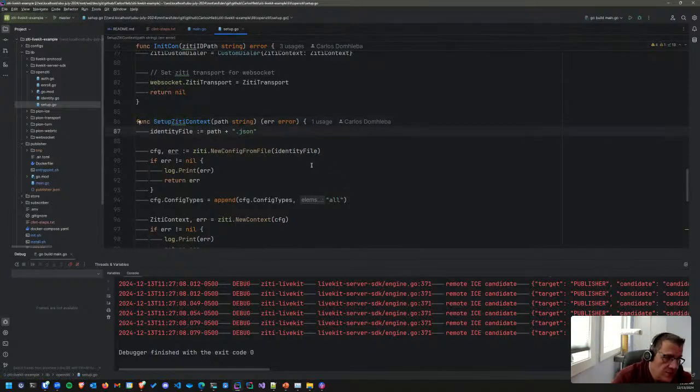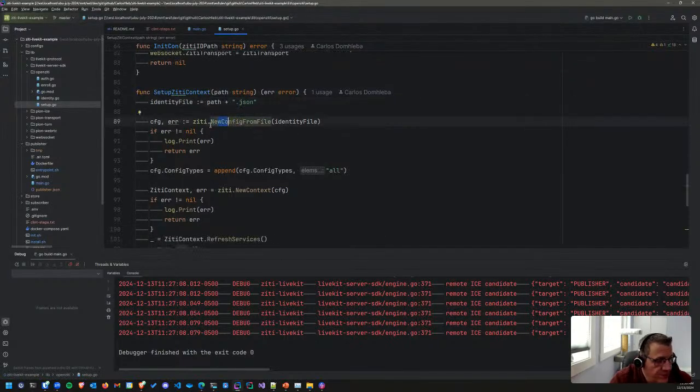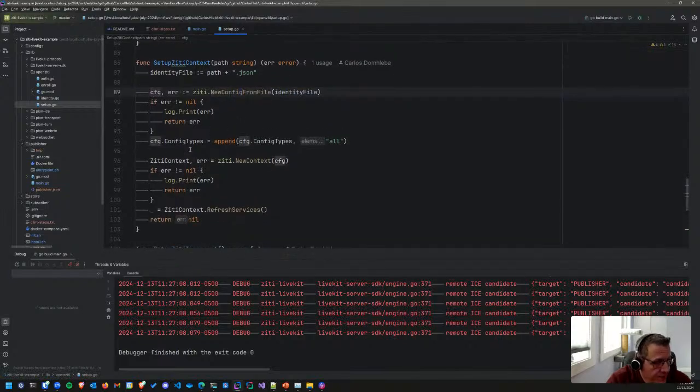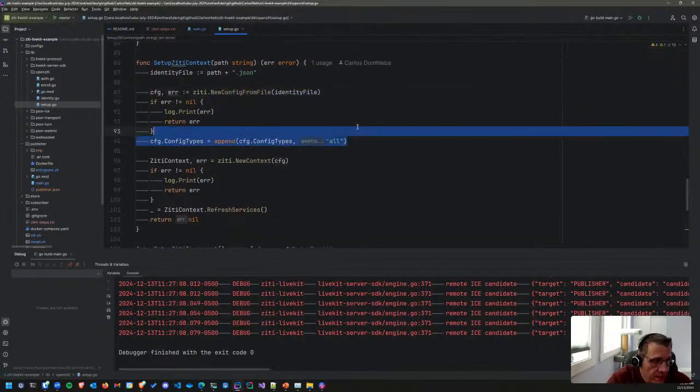And here's the identity file. It'll add JSON. So don't provide .json. It'll create a new config. A ZD config is the representation of a ZD identity within your Go runtime. And so it'll read that thing in from a file and create a config. Once you have a config, you have to ask for config types. So, well, you don't have to. I suppose it depends on what you're trying to do. But